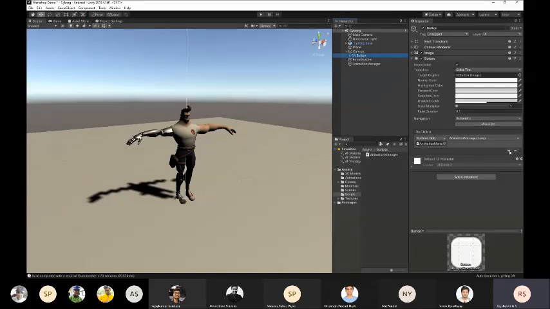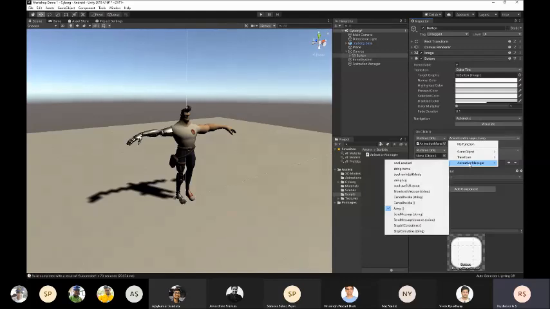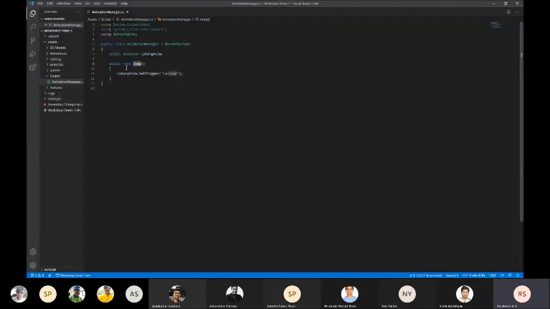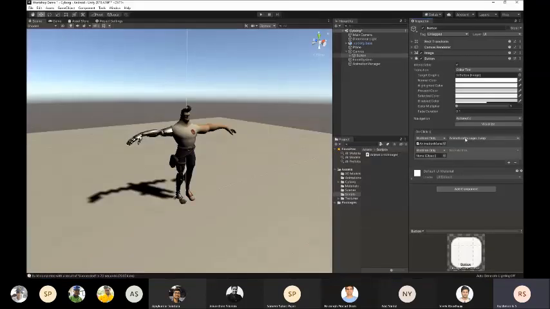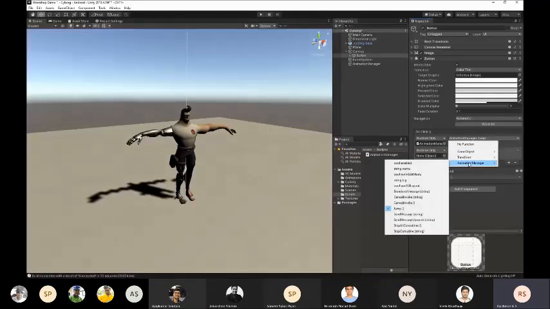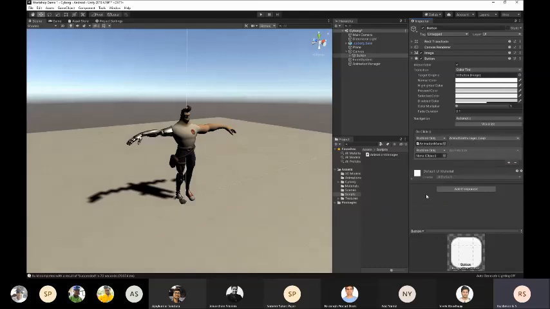So we selected plus and then we drag the animation manager component and then we select this function, go to our script, and this is the function that we created, public void jump, right? So that function shows up over here, jump, and we select that.